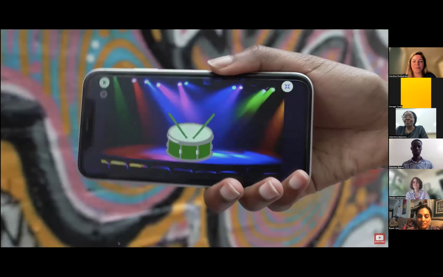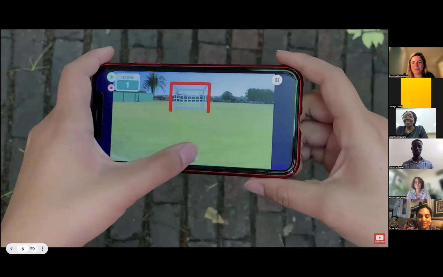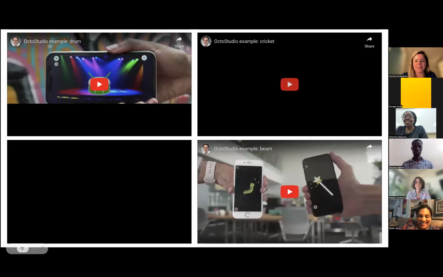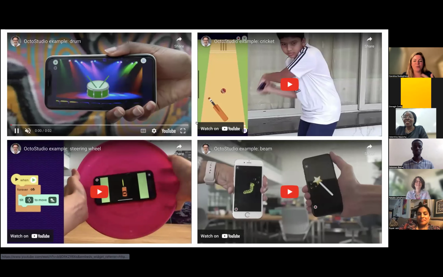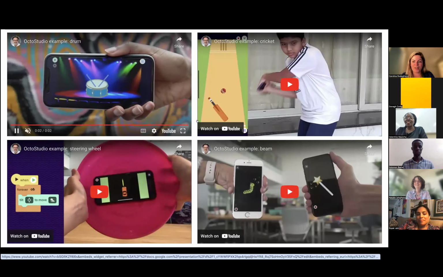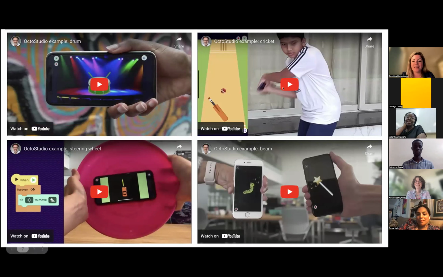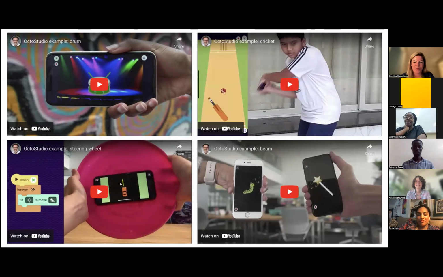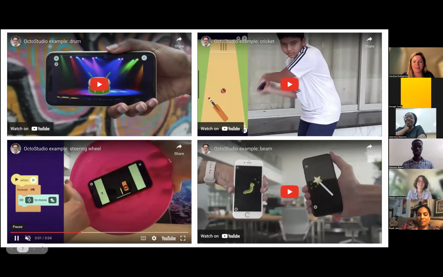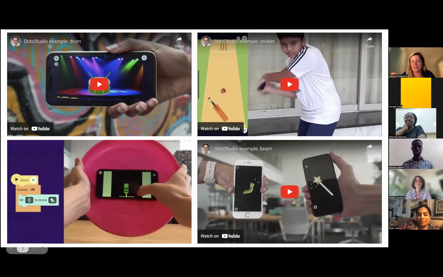So with OctoStudio, we can do lots of kind of stuff. You can shake your phone to start something in your project. You can bring different interests from music to sports and connect it to the phone and some physical action. You can leverage the tilt sensors of your phone to make a game or something like this, for example, that